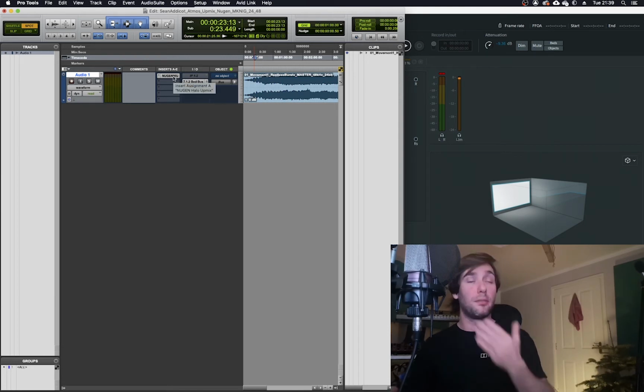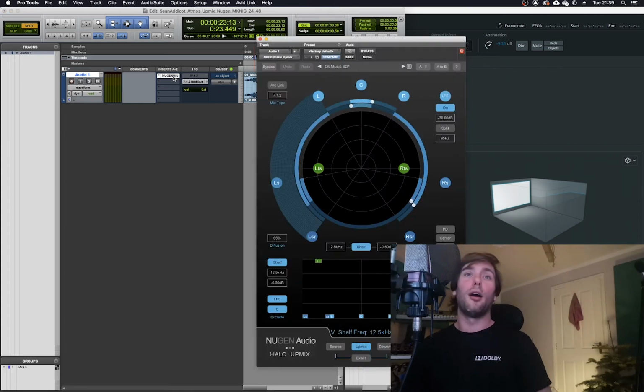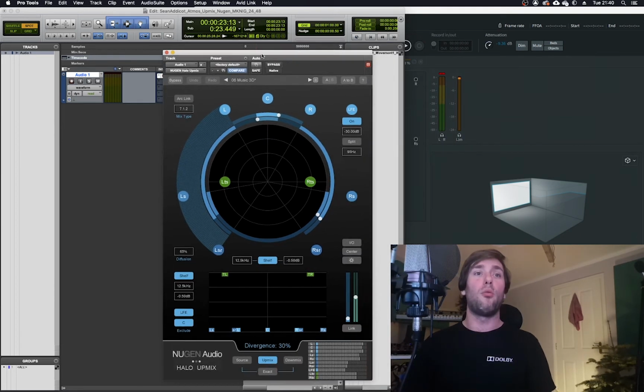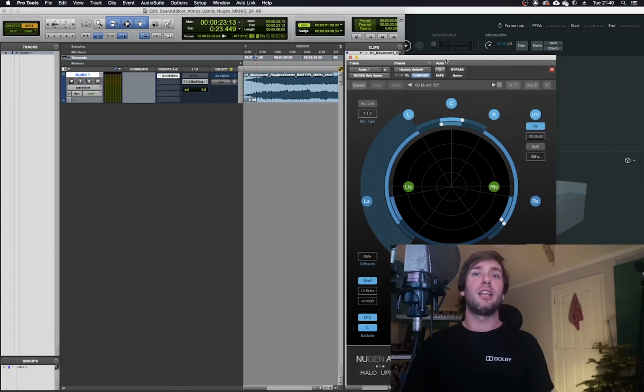Now I've got this plugin here which is called Nugen's Halo Upmix plugin. It's an absolutely incredible plugin, and it doesn't come cheap, but if we open it up, you can immediately see that we've got a left, center, right, left side, right side, left surround rear, right surround rear, and then we've got the 2 tops, and then our LFE over here, which we can control. We've got lots of different controls here, and I don't want you to get too hung up on what we've got, because ideally when we start playing it, it'll make a bit more sense as to how it's working. So we put a 2-channel in,